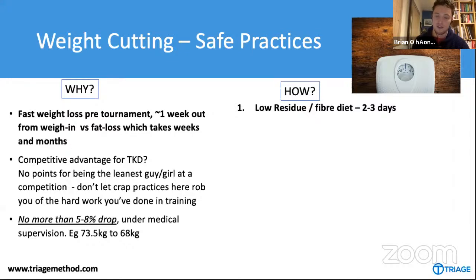Personally, when I compete in jiu-jitsu, this is what I try and aim to use, only because the weigh-in is right before competing anyway, so you can't be super depleted. But I'll drop 1.5, 2 kilos just from doing this, because I eat a lot of fruits and vegetables and fiber. So it's the least invasive. It has no impact on performance, and you're only doing it for a few days. So that's why it's my favorite one to go to.